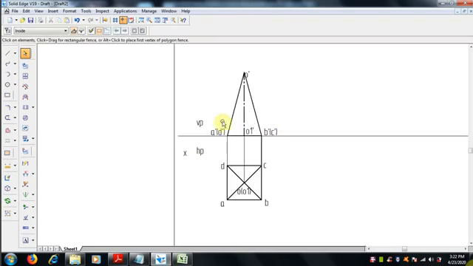Okay, so this is the front view and the top view of the square pyramid, with the dimensions as given: 35 mm, and the axis height you have to check.